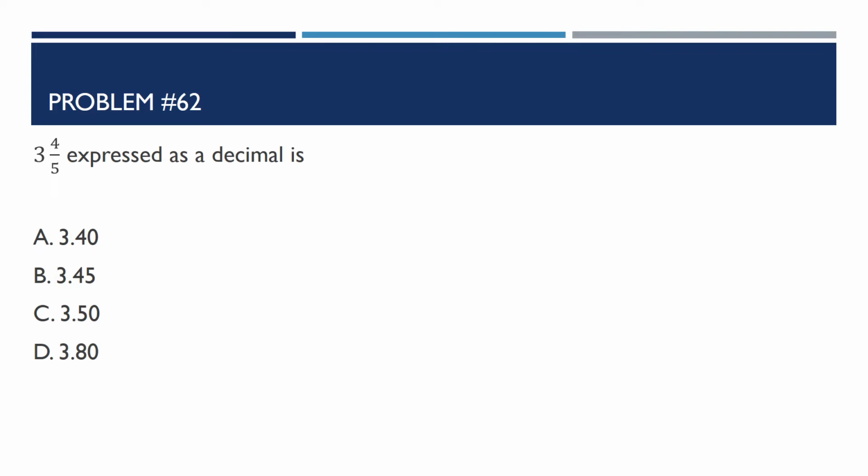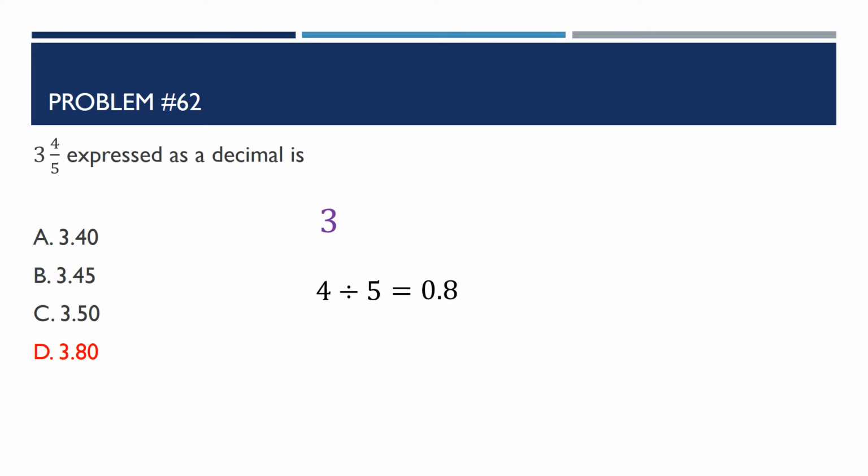Number 62. 3 4/5 expressed as a decimal is... The answer for this is 3.80 or 3.8. Let me show you how to do it. We know that the whole number is 3, so we can put the 3 there. And what we are going to work on is the 4/5, and we're going to change it into a decimal. When you change it to a decimal, we just simply divide the numerator by the denominator, and you will get